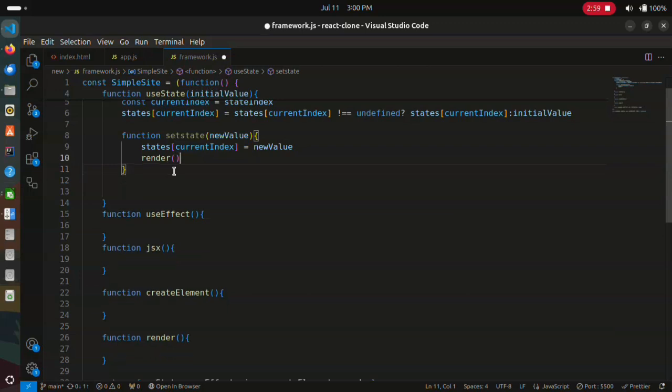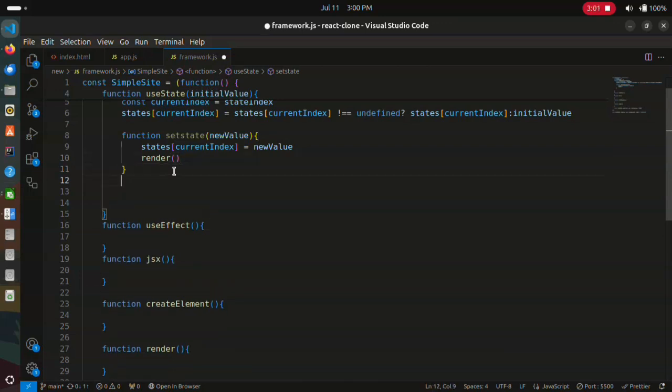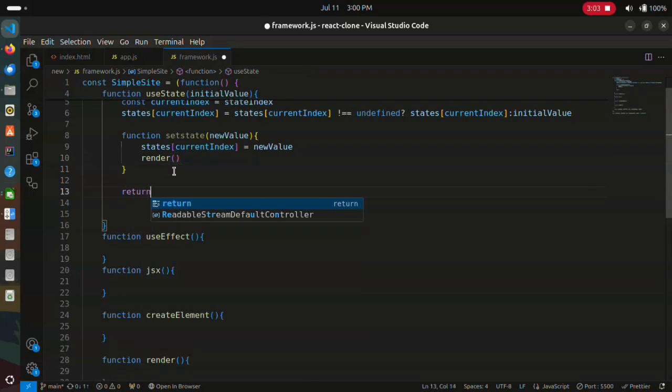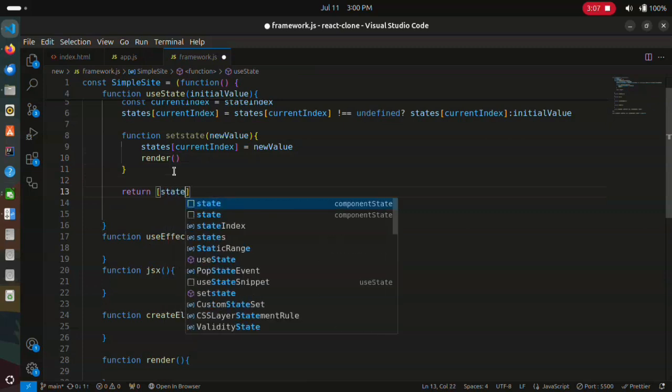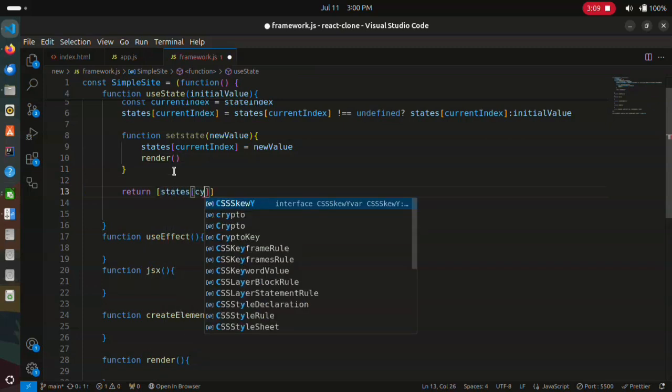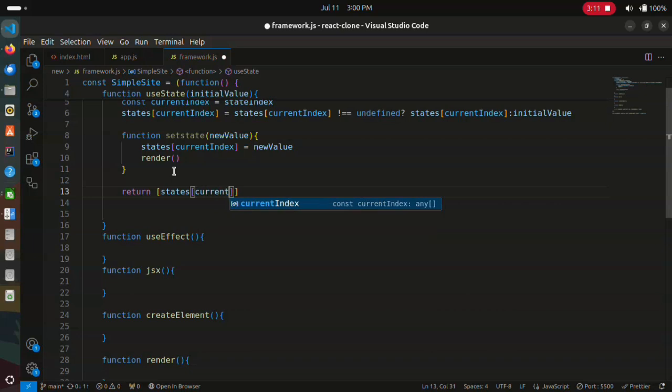Then I'm just gonna simply, outside of this function here, return something. I'm gonna return an array that contains the actual state of the current index and the set state function, like that. So we're pretty much done with